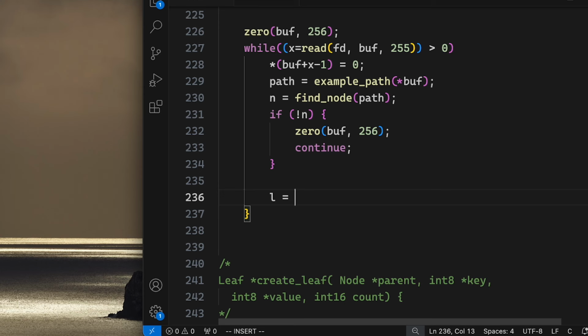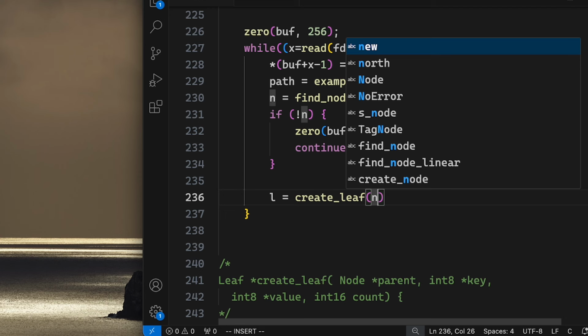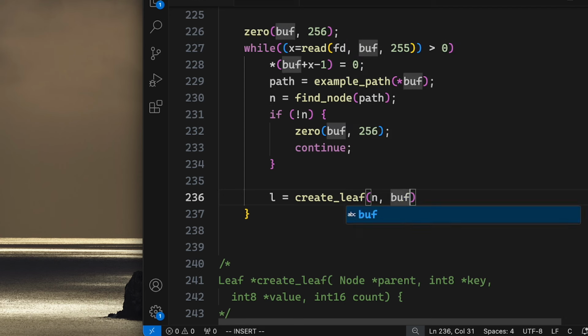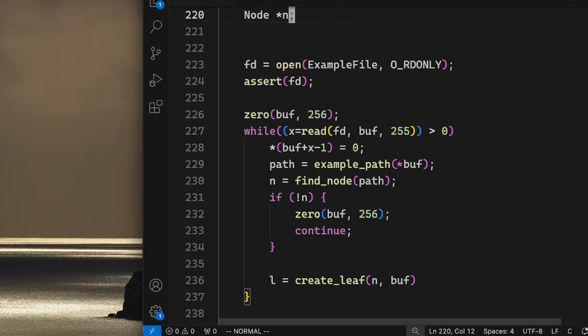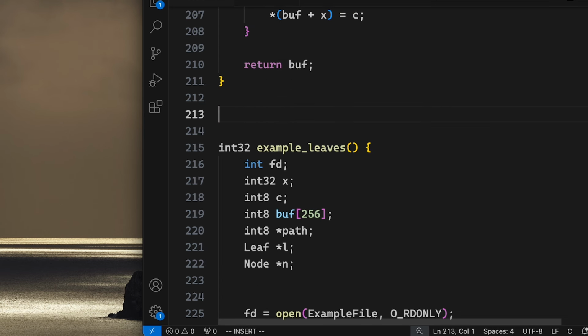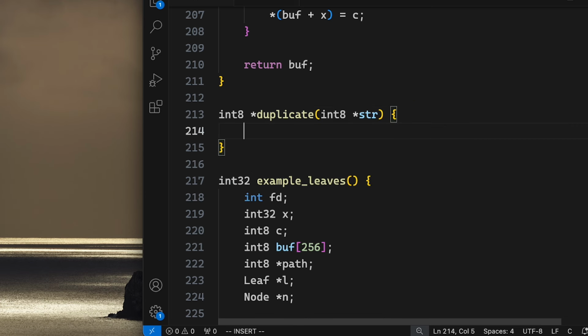So L is equal to create leaf, and let's see, the parent will be the n, right? And the key is the buffer, but we also wanted to have the buffer twice as the value. So let's create a helper for that. Int 8 duplicate, and we take in a string, int 8 buff 256,